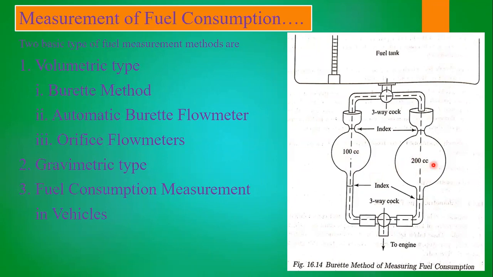So here 100 cc, here 100 cc. So totally we will get 200 cc of fuel consumption by the engine. So 200 cc of fuel consumption, and for the consumption of such fuel, how much time has it taken? Okay, so volume, we already have volume, that is 200 cc, divided by the time taken, which we will record. At the stop of the engine, we will stop the timer, and between start and stop we will record the time, and the time is going to be placed in the denominator. So volume by time will give us the fuel consumption on a volumetric basis. That is how we are going to find out the fuel consumption in the case of the burette method.